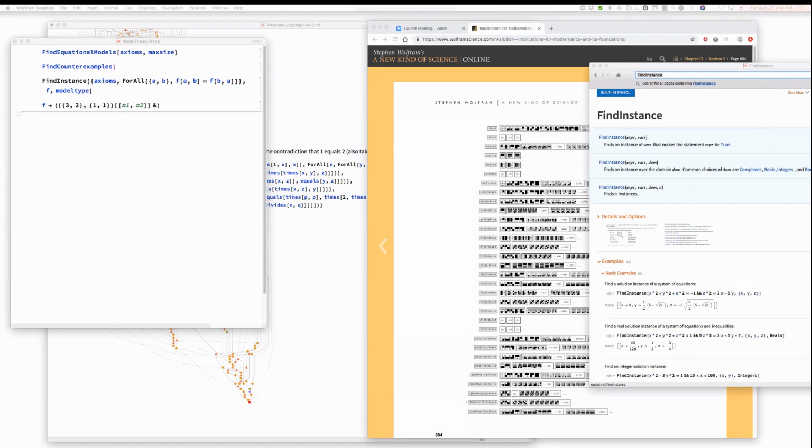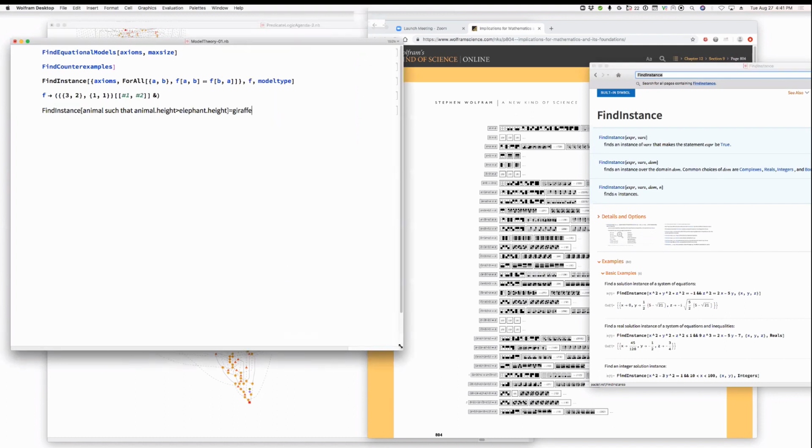Mathematical Musings on our live stream has a very amusing example of "find an instance of an animal such that." But now I think we actually have that, because we can do that using the entity system. Right? I mean, we can do that right now. We just say entity of, well, I don't think we yet can do the animal subcase, but we do species. Let's do mountain such that